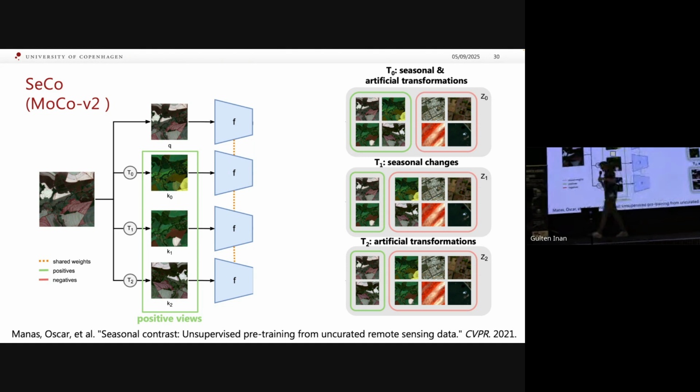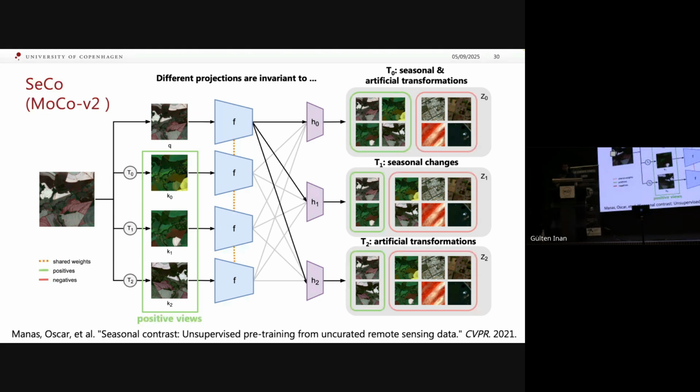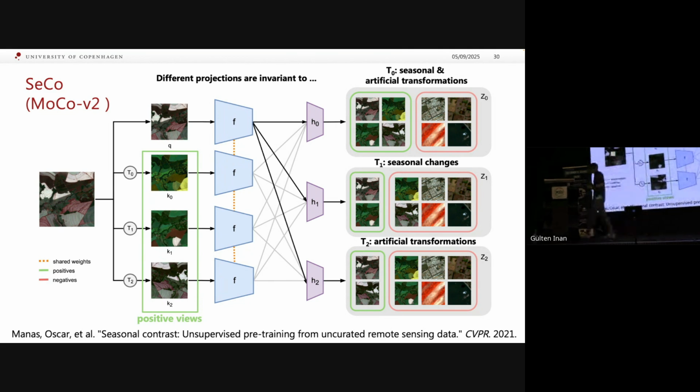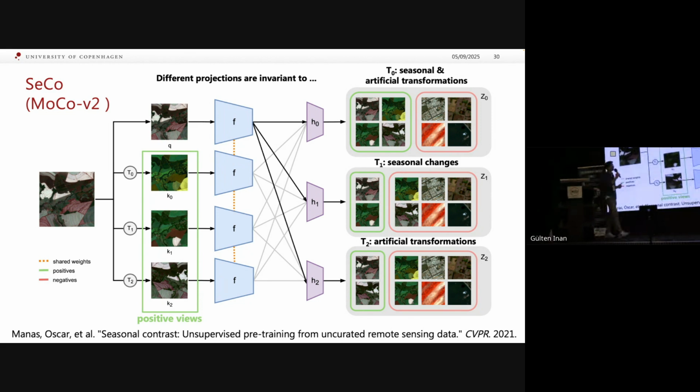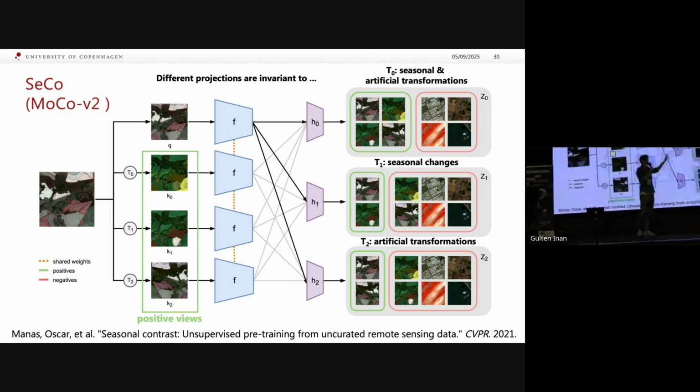But on top of that, they have 3 different projectors that are trained to do different things. So the first one should be invariant to both seasonal and artificial augmentations or transformations. The second one should only be invariant to seasonal changes, and the last one should only be